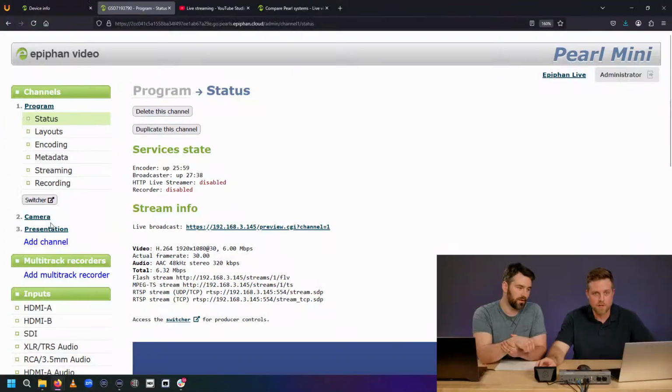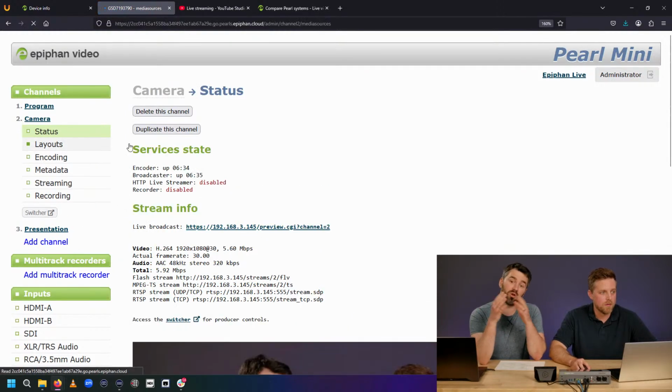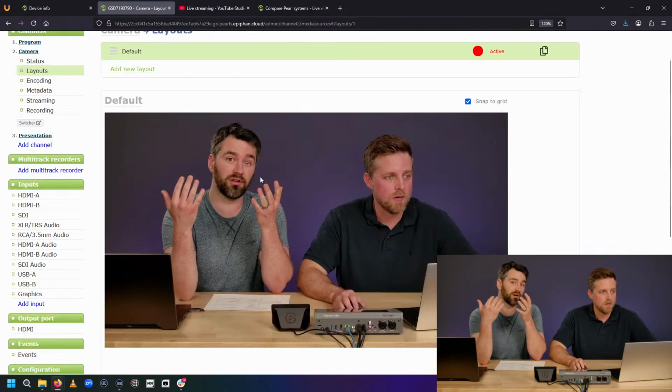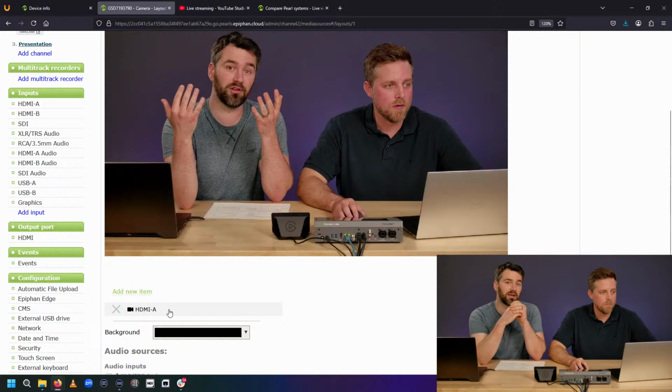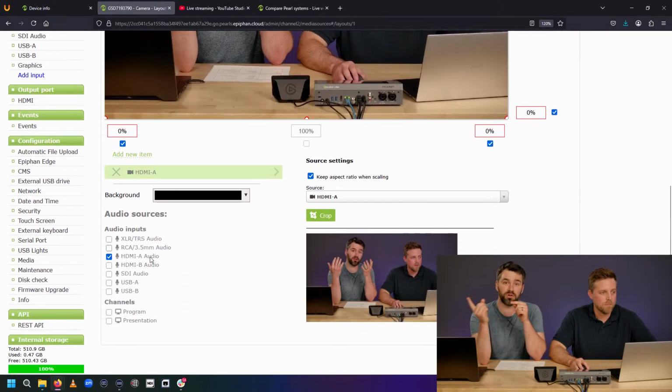So you might have, and maybe we'll show someone how to set up a nested channel really quick. So it's choosing channel as an input. Okay, so what you could do, if you go to, say, the camera. Okay, so let's go back to laptop. Yeah, go to the camera input. Maybe you have one video source and you have multiple audio sources. So let's say XLR, so you're taking maybe four XLR feeds. In Pearl Mini, we'll say just two for this example. One XLR feed could be in English, one could be French.